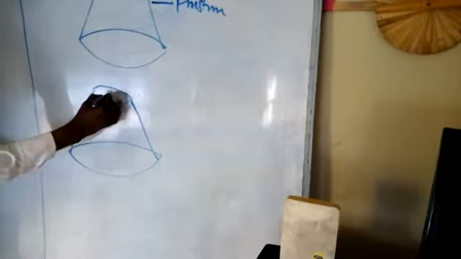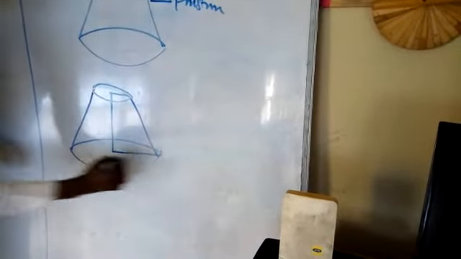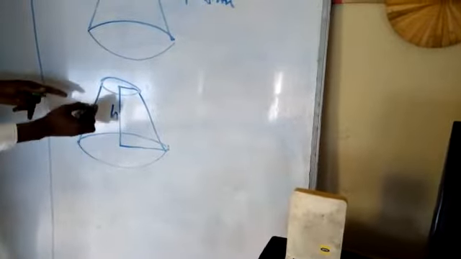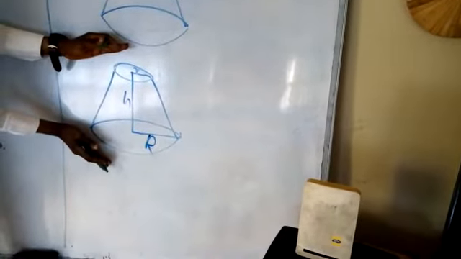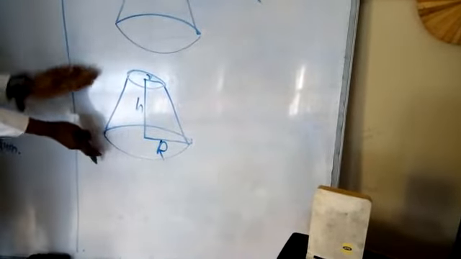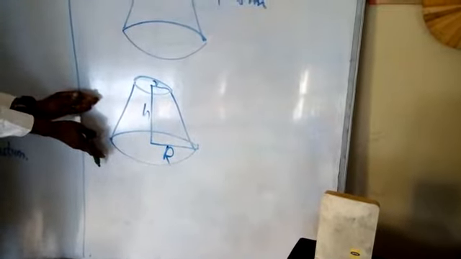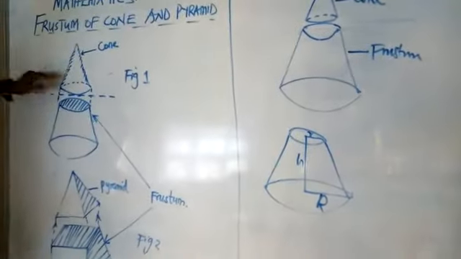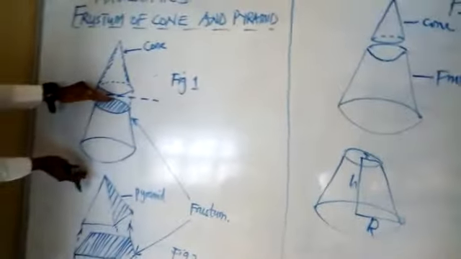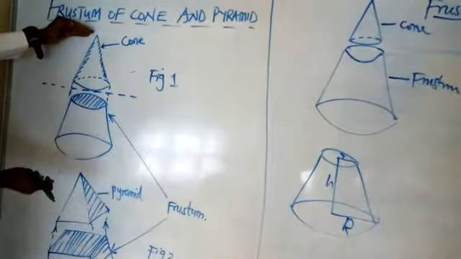With the height from here, this is the height of the frustum. Now this is the top radius, this is the bottom radius. Are you getting it now? So this shape gotten by cutting a cone from the top is called the frustum of the cone. So let's move over to this figure again here. That is why you are seeing here, this is originally a cone. It was cut off while the bottom now becomes the frustum while we have a smaller cone up.